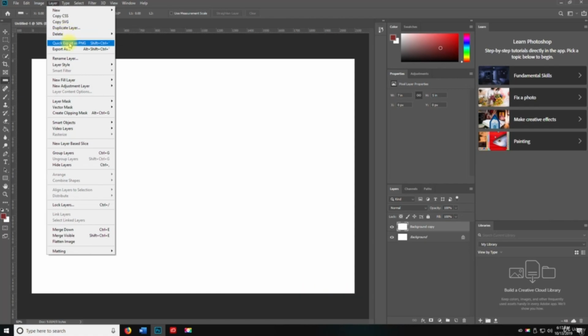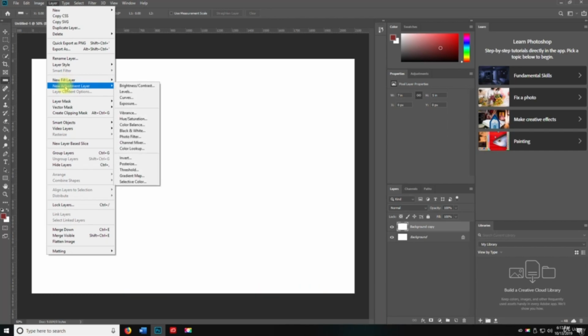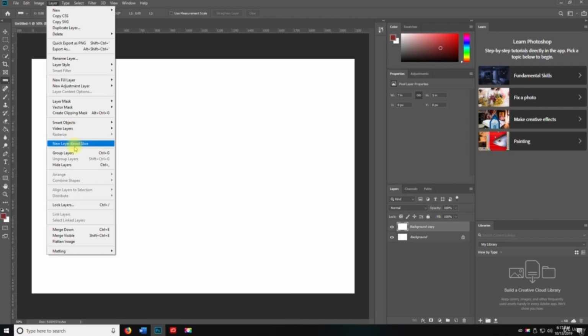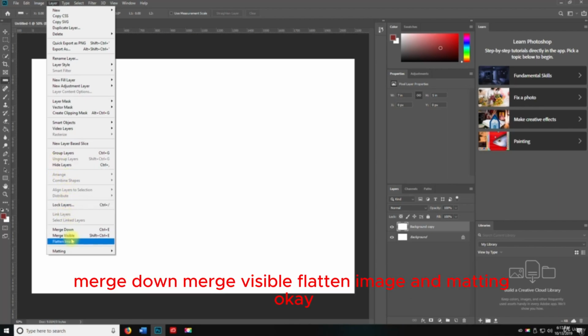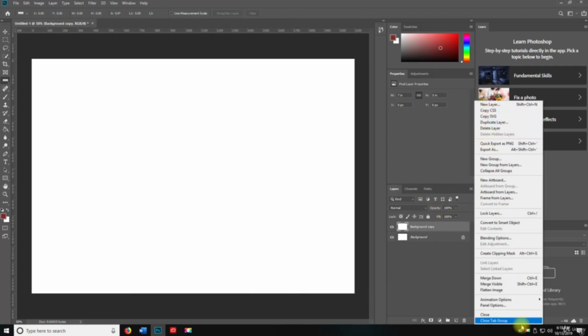Delete the layer. Quick export, export as, rename layer, layer style. So you can give it different filters, new fill layer, new adjustment layer, layer mask, vector mask, smart objects, video layers, layer-based slice, group layers, hide layers. You can arrange, combine, lock layers, merge down, merge visible, flatten image, and matting. Okay, so those are all the options that they have, but I'm going to show you all those here because